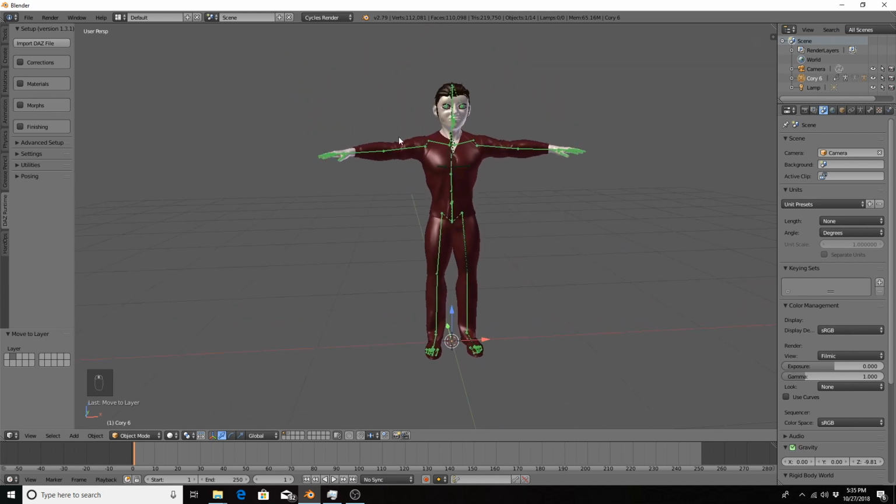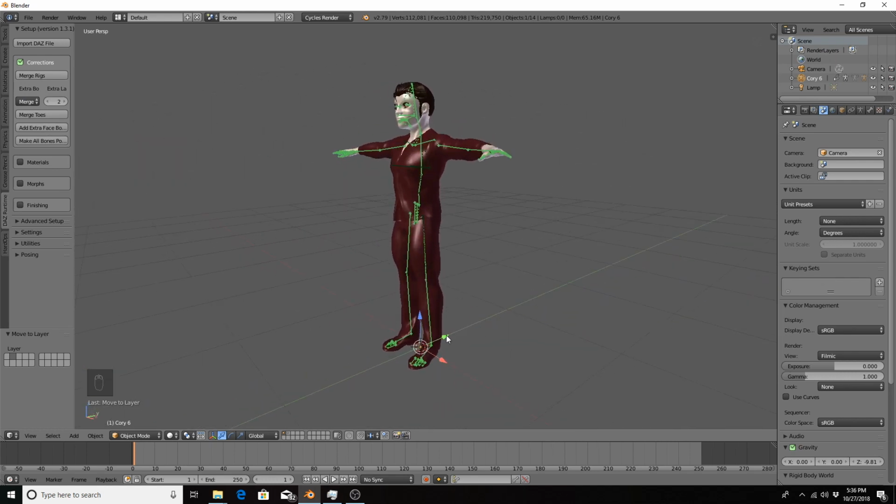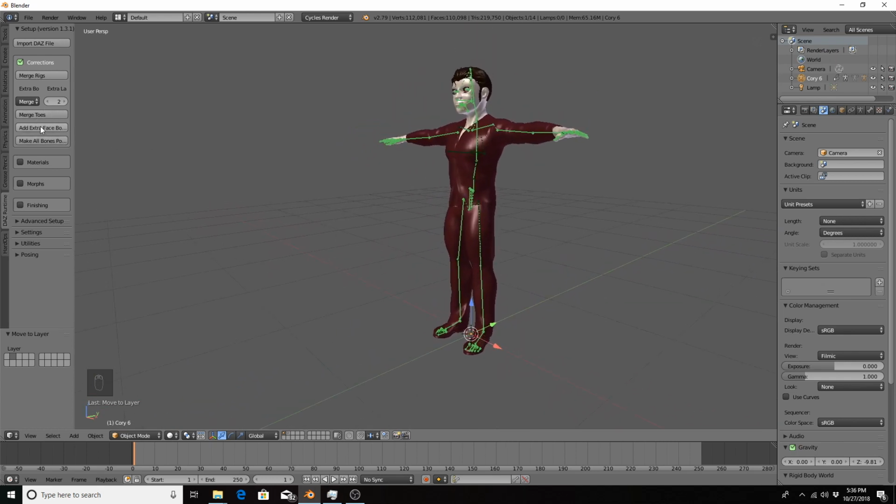And here we have our DAZ Studio created character in Blender 3D. And I'm going to just kind of go through the menus here on the left and go through as much as I know about them right at the current moment. So the first one is the corrections menu. And the main thing is the merge rigs button. Also merge toes, I guess if you didn't want to have individual motion in the toes and you needed them all to go the same direction for every animation, you can merge them here. You also have some face bone options as well, but I'm just going to focus on the merge rigs